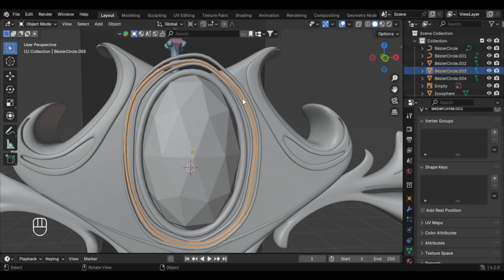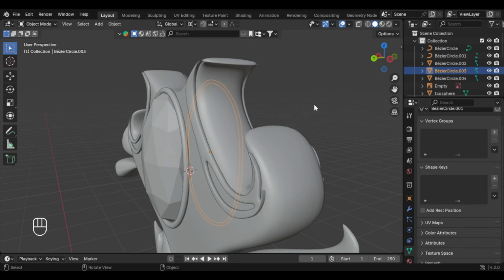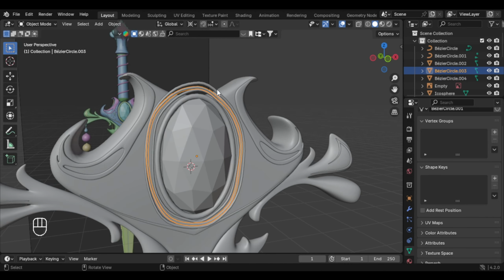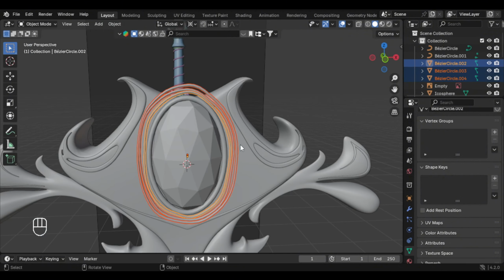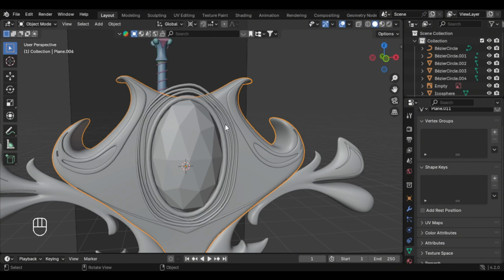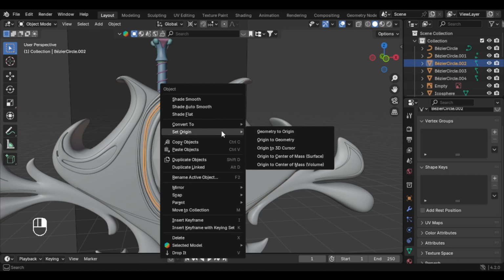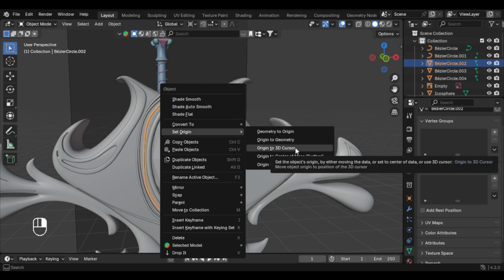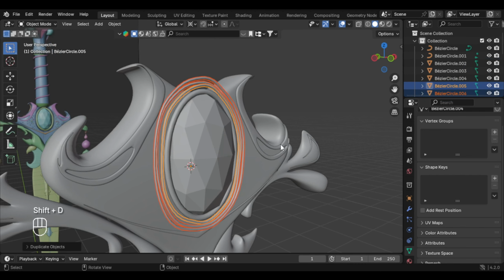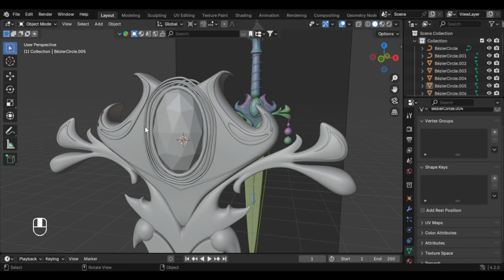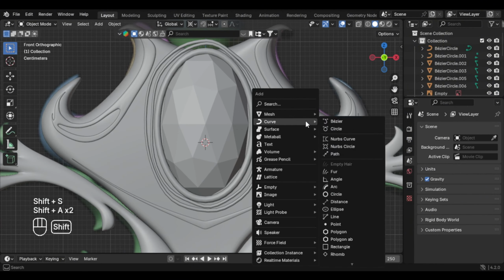And now we can just select everything, so let's see what we have here. So we have to select the other ones, so this one and these ones, and don't forget to move it to this cursor here, so let's make that. So right click, set origin to 3D cursor, and also the other ones, and let's select all of them. Shift D and S Y -1, and let's add some diamonds, so we can go to 1, so Shift A and mesh